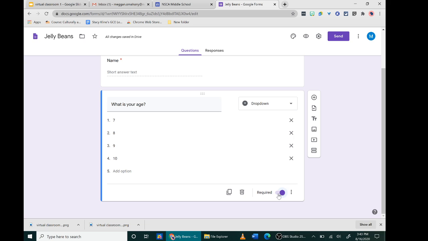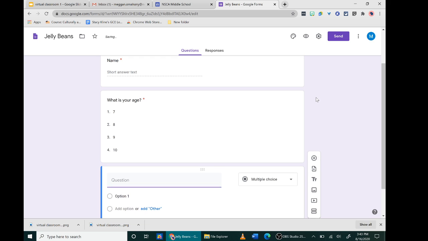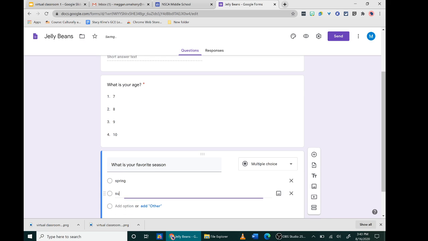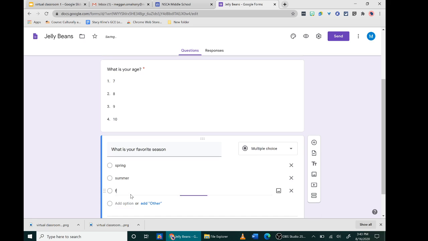This particular form is not being graded, so there's not a right or a wrong answer. I'll show you how to do those so that there's a right or wrong answer. This is more of a gathering information kind of a form. I then can also put, let's see here, question. Maybe I want to put down what is your favorite season? And my options are spring, summer, fall,